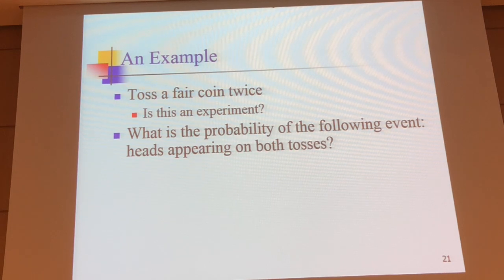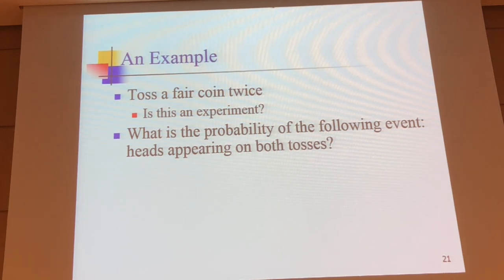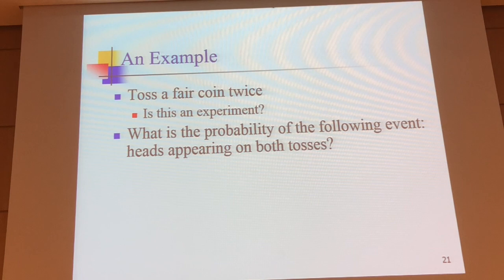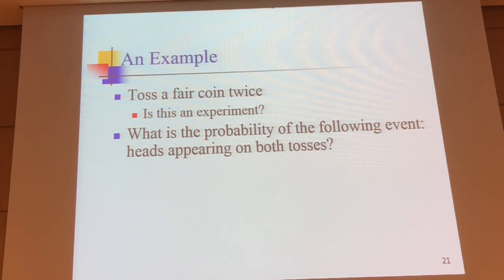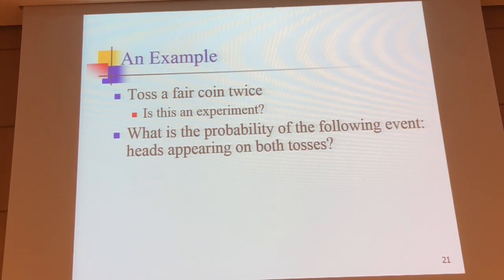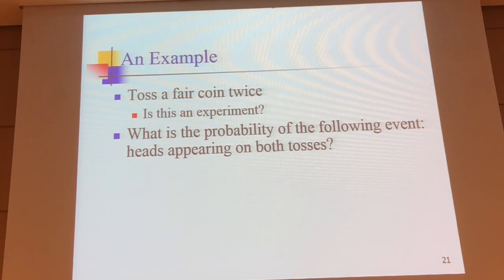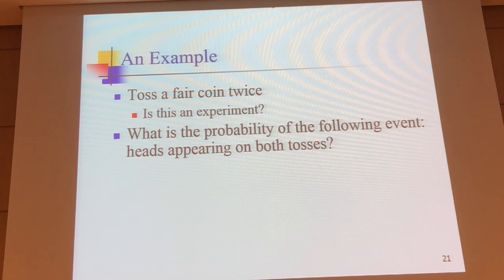How would the wording be for two different experiments? No, they would just tell you, we tossed a die and we tossed a coin. What's the chance of the die being 1 out of 6 and the coin being heads out of tails? Or what's the chance of this being this or this being this?